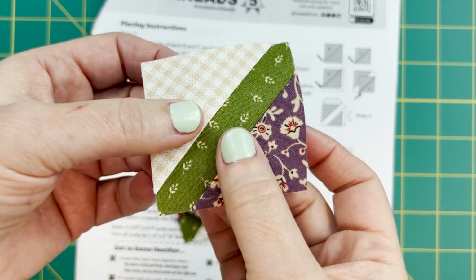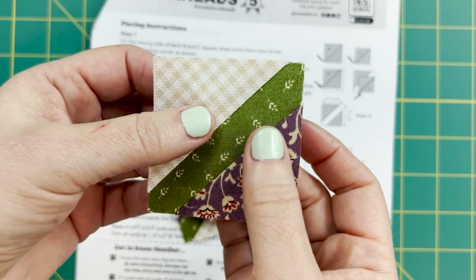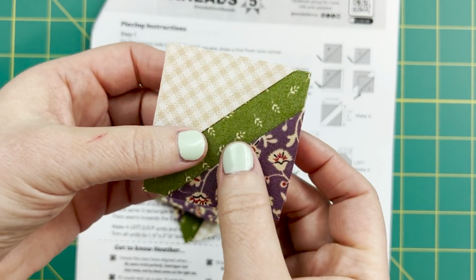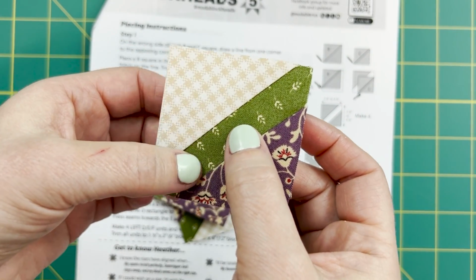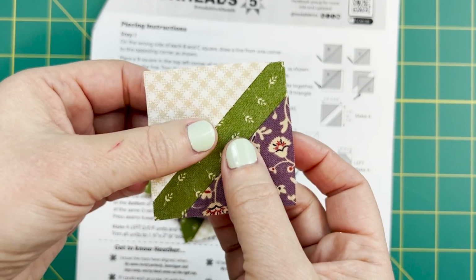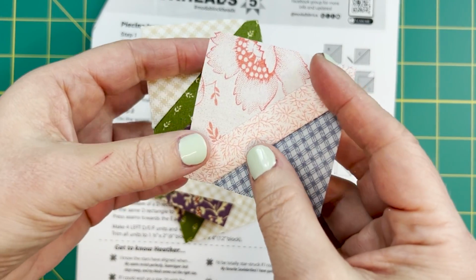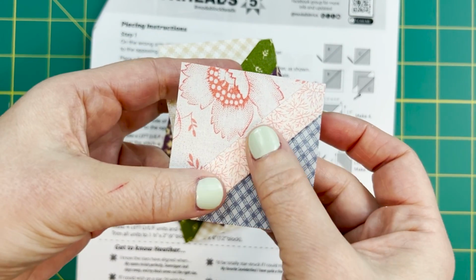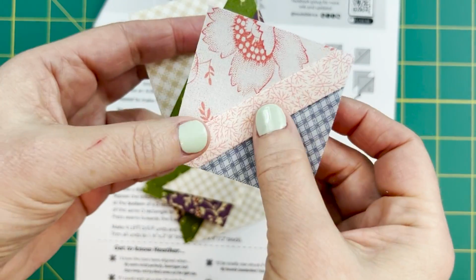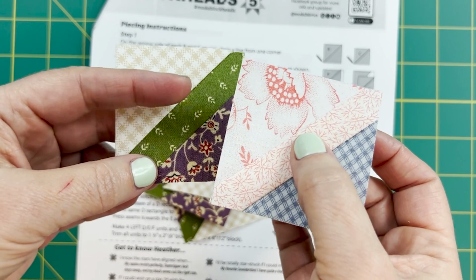Now before I do that, let's take a look at these, my traditional version. I have pressed the corners out, okay? So that is going to recess my green fabric a little bit, so it kind of goes into the background just a little bit. For my Americana block, I've done the opposite. I have pressed towards that center strip,